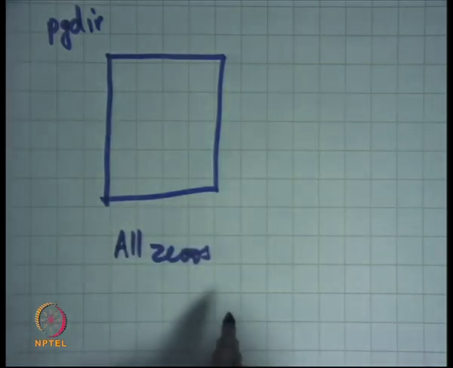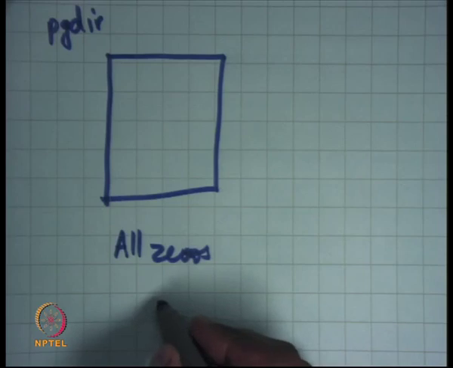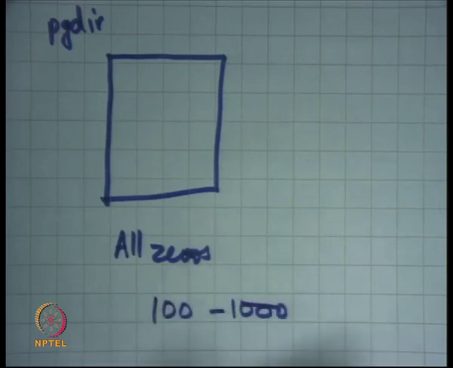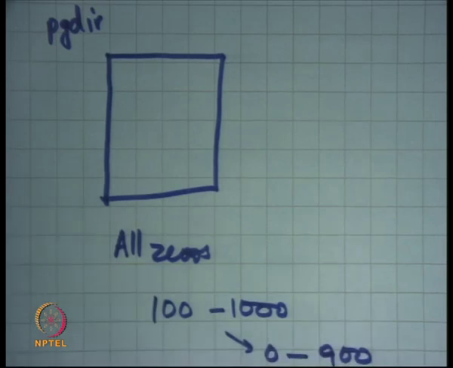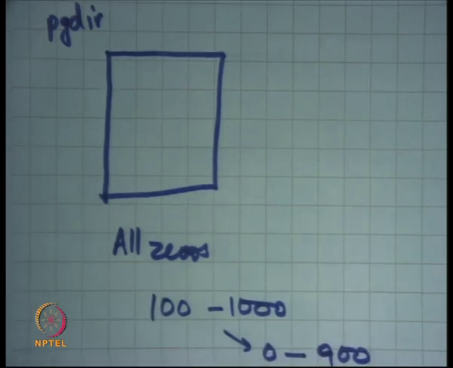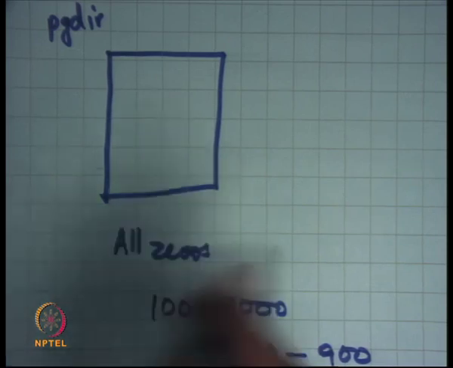Now let's say I want to map address 100 to 1000 to physical address 0 to 900, just a hypothetical example, right. So I want to map virtual addresses 100 to 1000 to physical addresses 0 to 900. What do I need to do? I will say, okay,